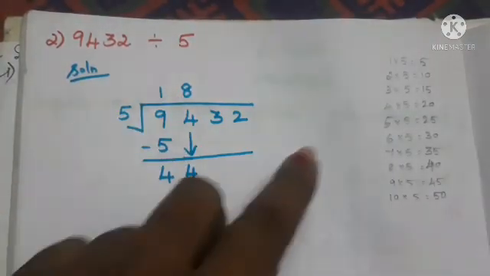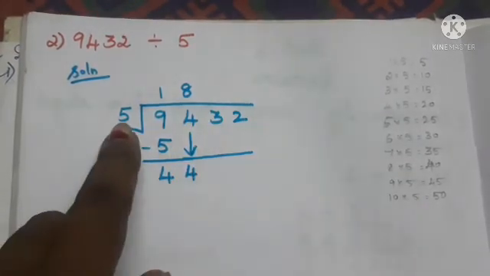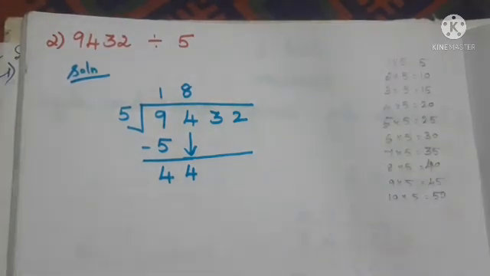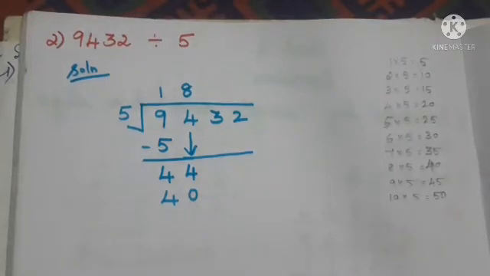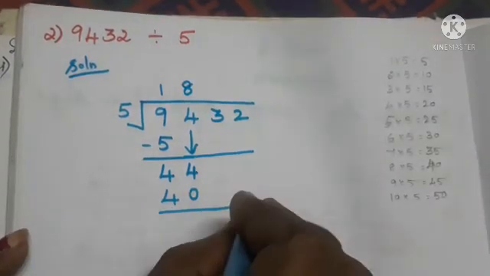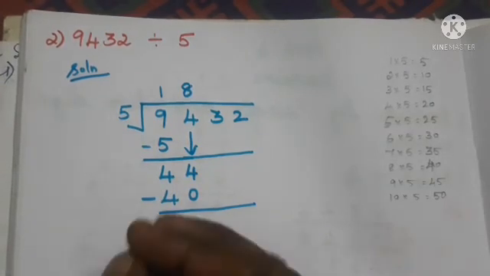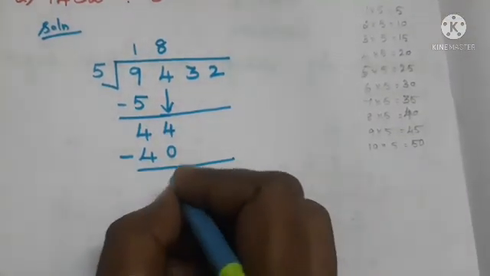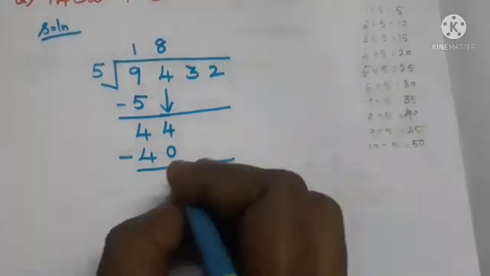So 8 5s, so we have written the 8 here, and 5 already we have in the divisor. Then 40 we want to write at the down of the 44. Okay, so we can write the 40 at the down of the 44. Next we have to subtract these two values. Okay, we have to subtract the 44 by 40. So 4 minus 0, we know that if you subtract a value from 0 means you will get the same value, that is 4. Okay, next 4 minus 4 is 0. If you want means you can write, otherwise just you can leave it.